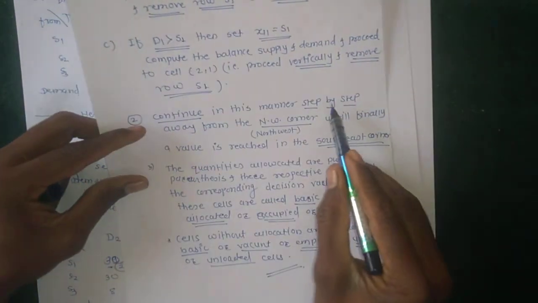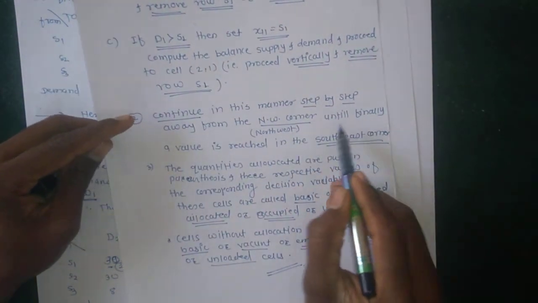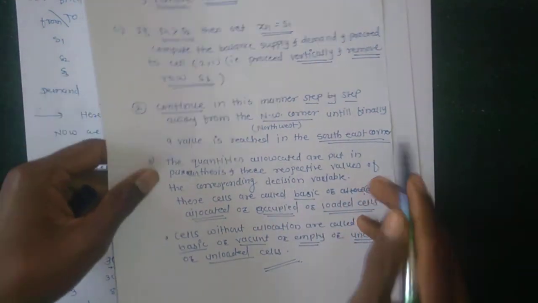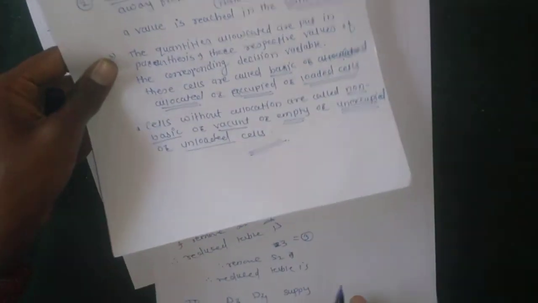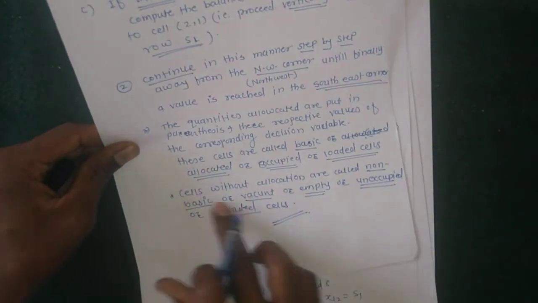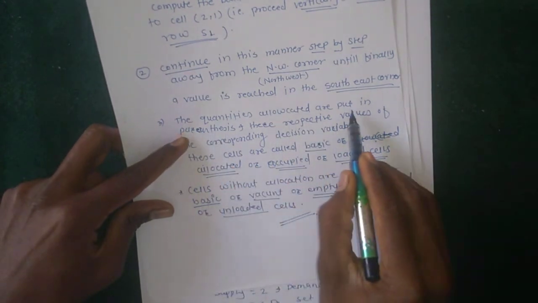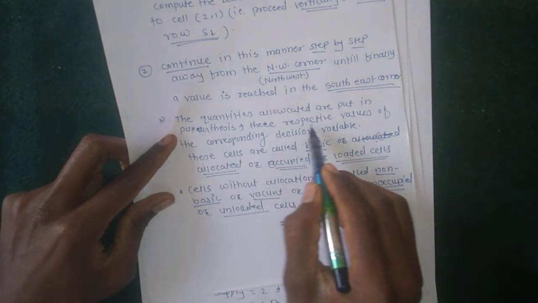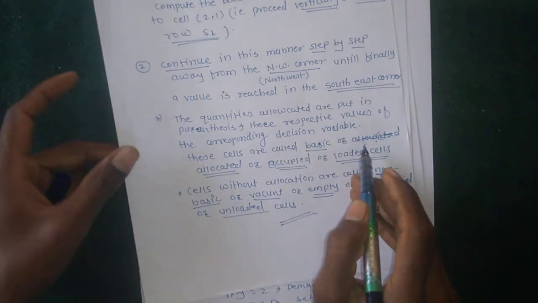If we take all these problems, lastly continuing in this manner step by step from the northwest corner, finally the value reaches the southeast corner. After reducing all, the transportation problem continues in this way. Cells without quantities allocated are put in parentheses with the respective value of the corresponding decision variable. So putting lastly all values,